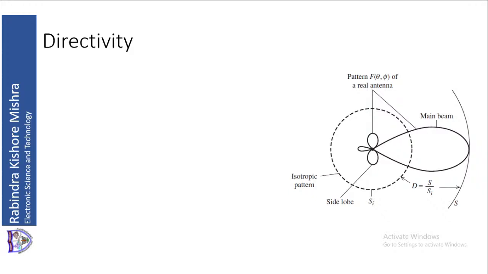is enclosed within this circle or within this sphere is directed in a particular direction, which is towards the right side. Here you can see it is towards the right side. So that antenna is directed, not uniform in all directions, but it has a particular direction. So the main beam is directed towards the right side, and it contains most of the power that was available